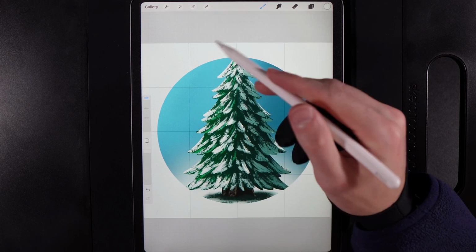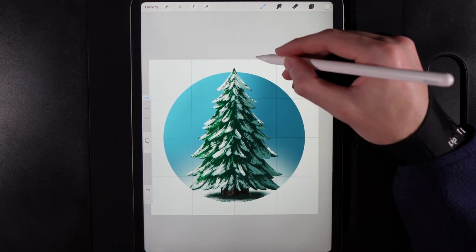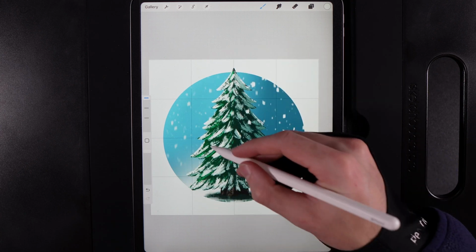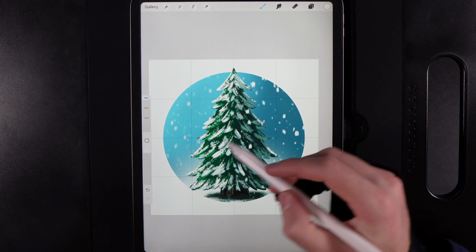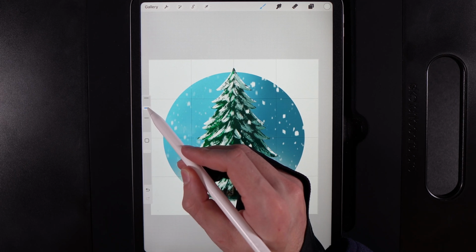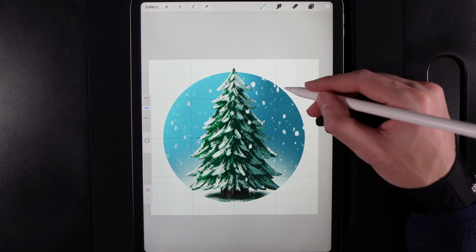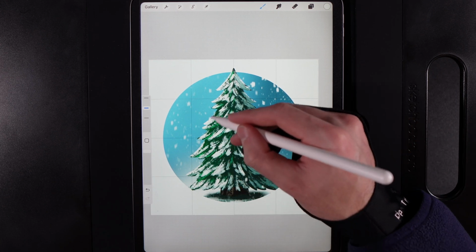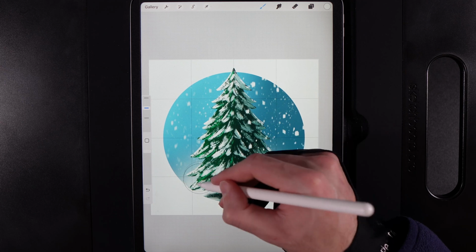So if we go to 100% to start with, they're your largest, of course. You can just drive down the screen here, creating some large areas of snow. They're the closest ones to us. Don't go too mad too early with those ones. Drop it down to 44% and draw in some smaller areas of snow. Get in front of your tree. Don't be afraid to add some just floating in front of the tree,